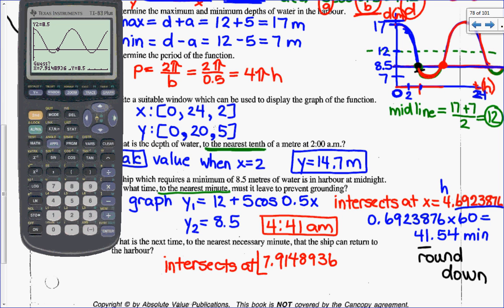And again, this is 7 hours after midnight and a decimal of an hour more, so I have to multiply that by 60. And when I do that, I get